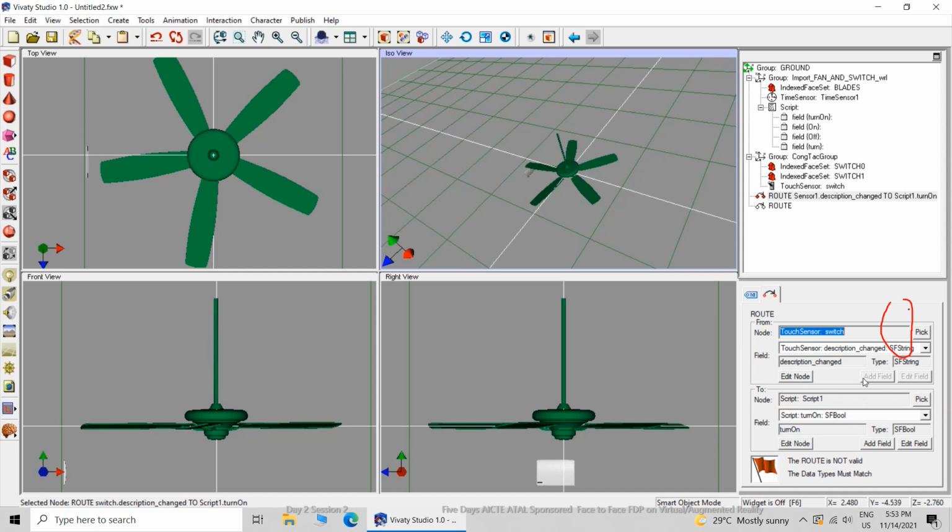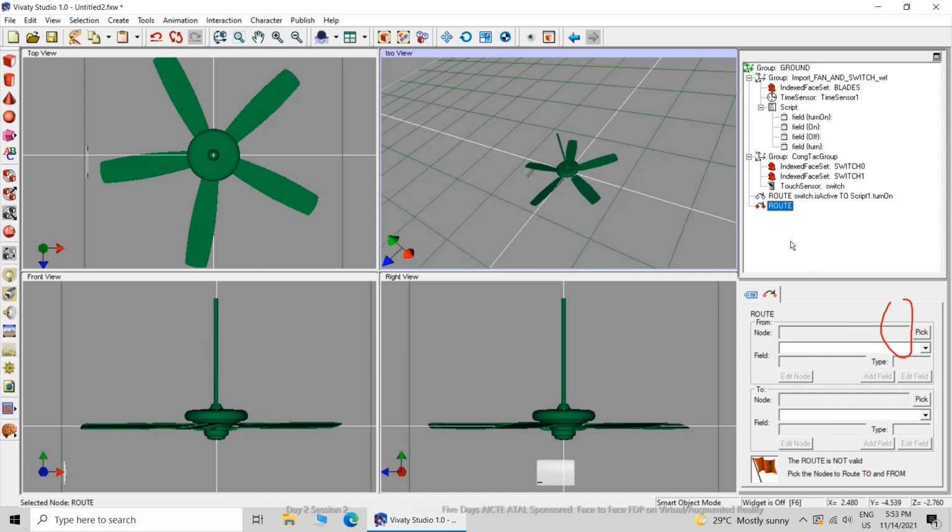Here I will change some parameters. Touch sensor enabled, change SF bool will be the required parameter. Touch sensor is active, SF bool, and you can see that the route is valid. Here it is valid now.